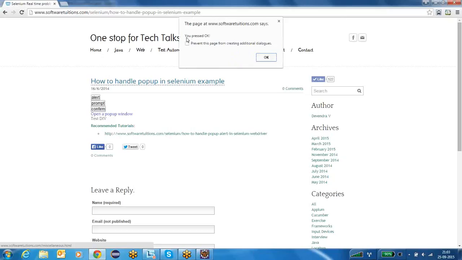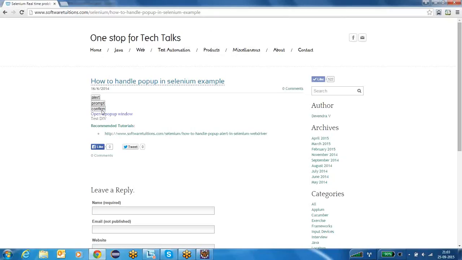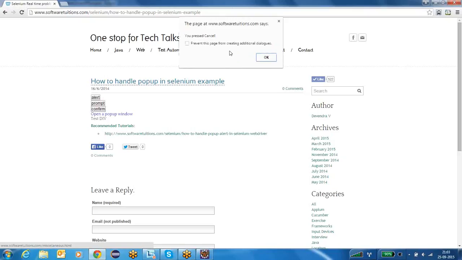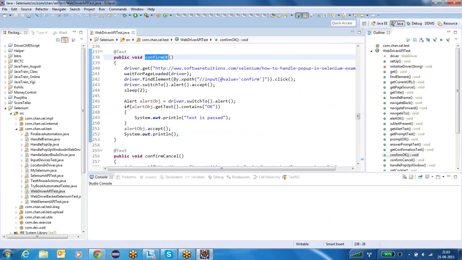If you click on the OK button, it will alert you with the message you pressed OK. If you click on cancel, it will alert you with the message you pressed cancel. So based on the message you will get in the next alert box, you can decide which button you have clicked. Now we will see how we can click on the OK button of a confirmation box.